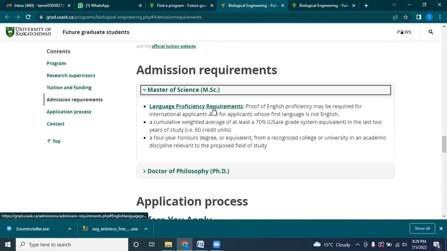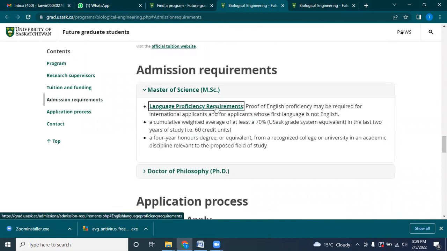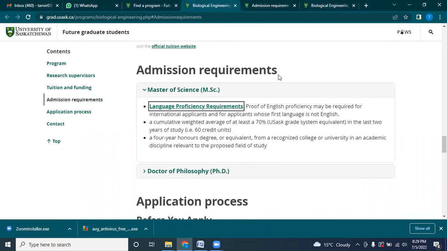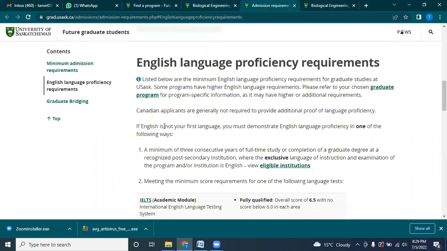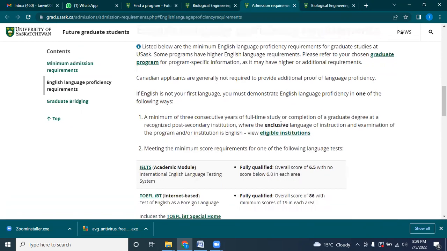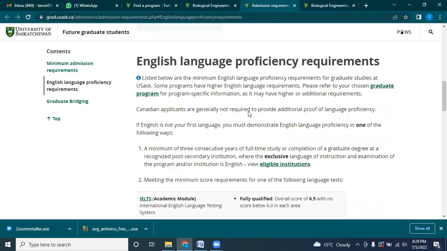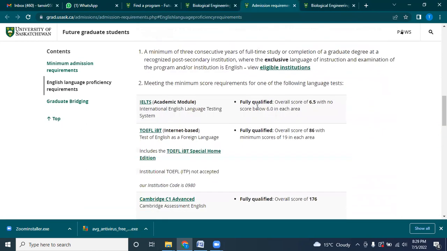So admission requirements, say you are applying for Master of Science. There is a language proficiency requirement. Listed below are the minimum English proficiency requirements. So what you can do, you can check in the university whether your education is convertible as English proficiency. So whether you will need to give the IELTS exam or not. If you have to give an English language exam, then these are the